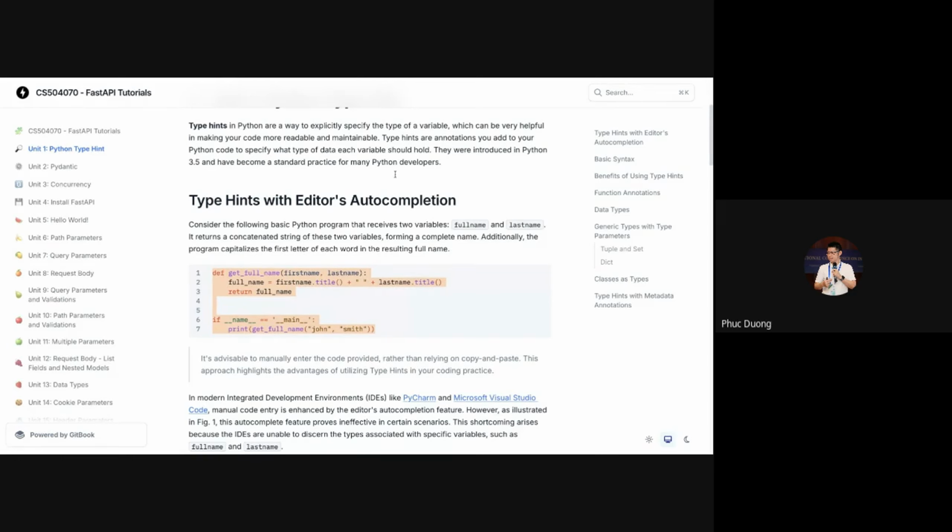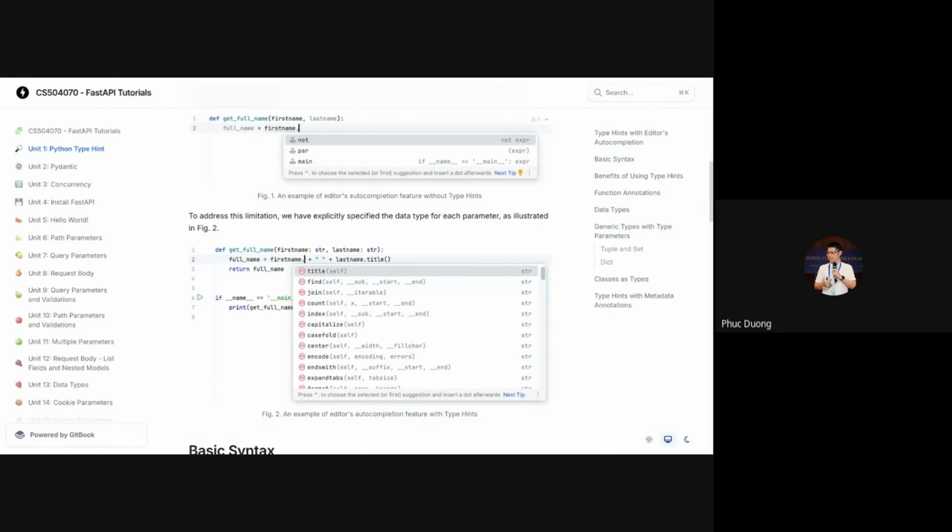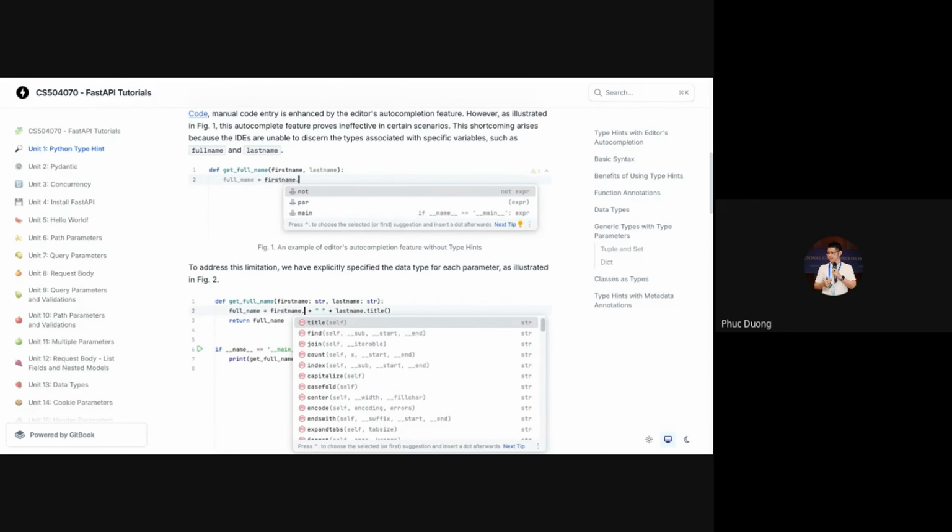But in reality, you use some IDE such as PyCharm from IntelliJ, or you use Microsoft Visual Studio Code. When you use Python typing, you can take advantage of the auto completion feature of the editor. So let's take an example.